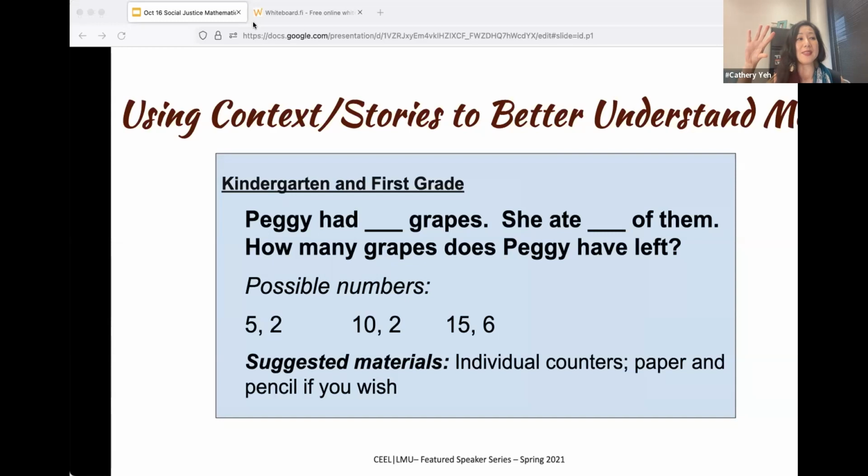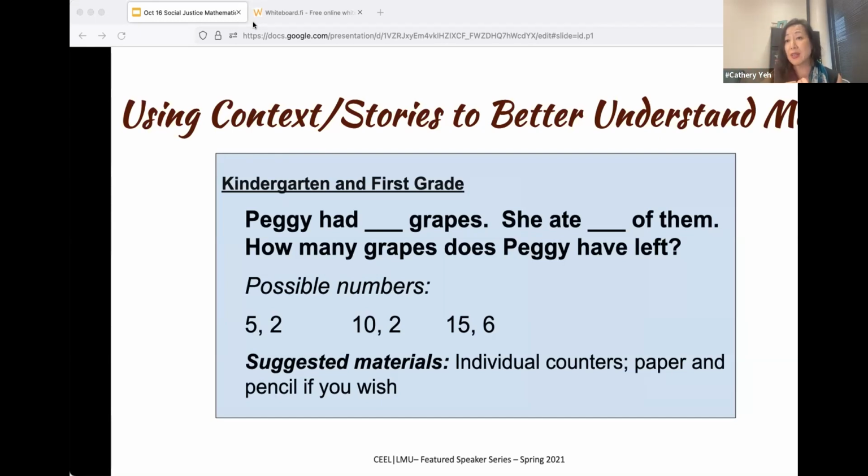Here is a common way in which math is often used. We often in class say, here's a story problem to help you better understand math. And this is not necessarily bad. I remember doing this great problem with my child when she was 4 years old. Grapes are so tactile, and for them to be given the grapes and they can sort it. That physical movement, as we know from the CGI literature, is so important. To be able to sort and to be able to take away, you can physically act this out.